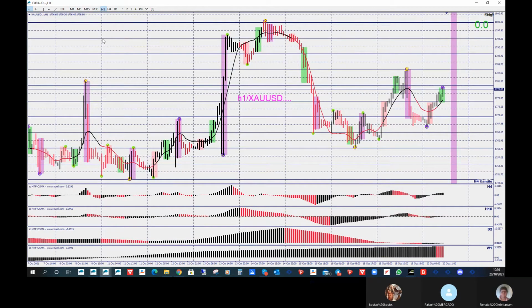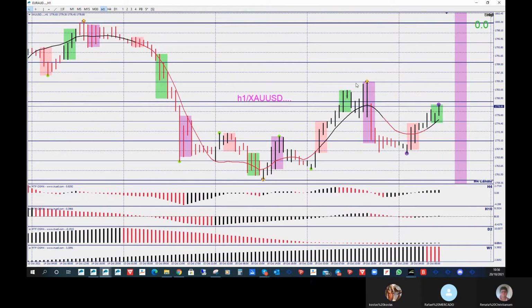So the 1 hour is basically doing a two ball retracement. So there is still potential for this thing to come down, going short, right? But you also got to look at it's coming off a three ball on the left. Sorry, on the top. It's coming off a three ball, and now it's doing